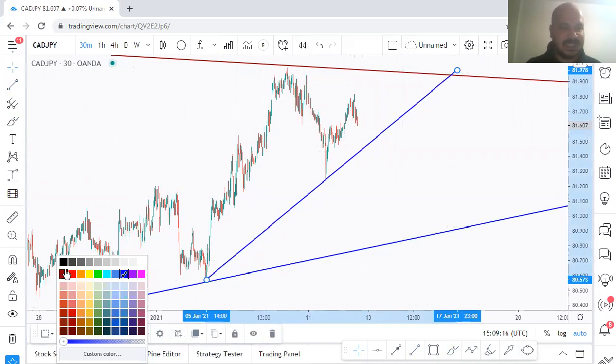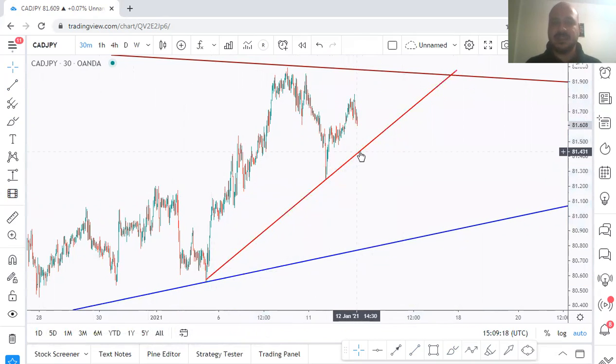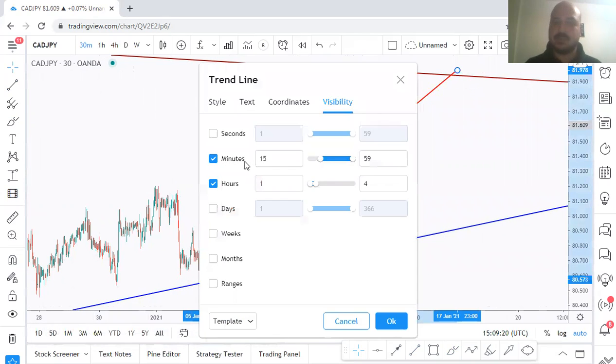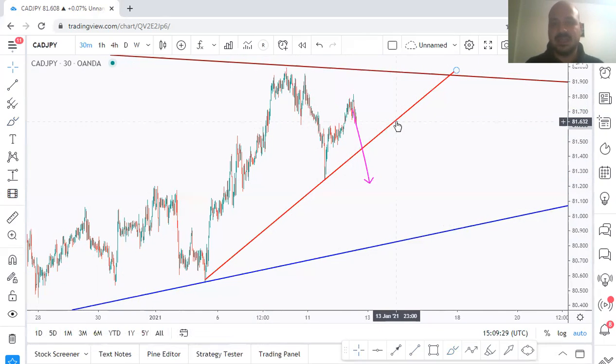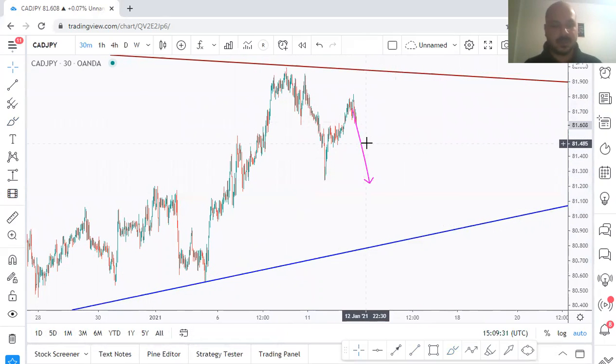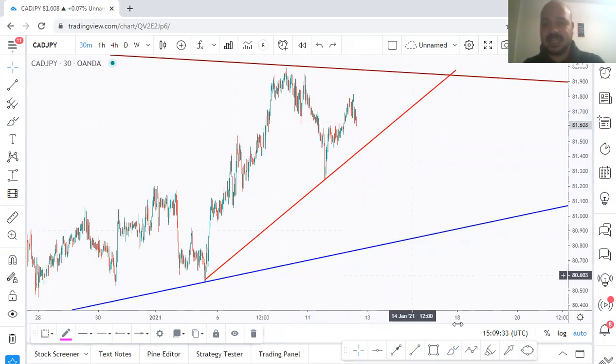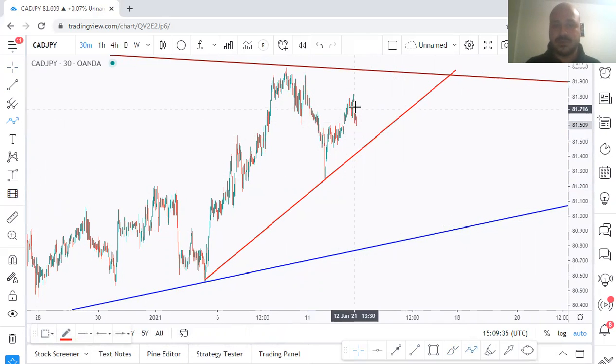Let's make this one in red. And again, this one is not valid yet. It's still an idea. Price can still break it without it being valid. In this case, for example, if price breaks it now, we will not sell, and this one should be deleted. We are only interested in selling this one if price would form a third swing around it